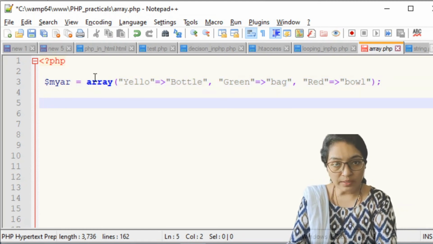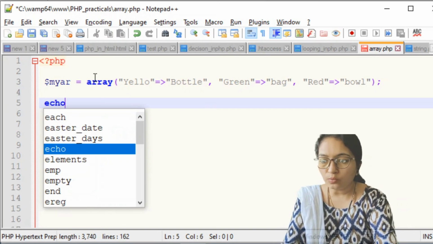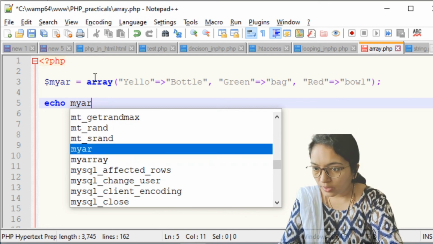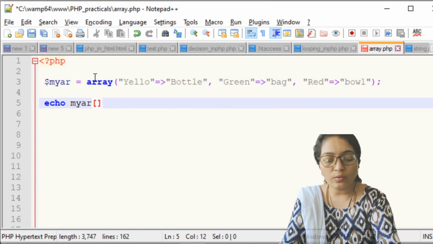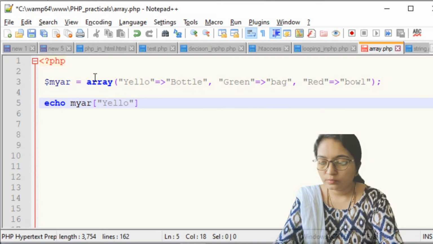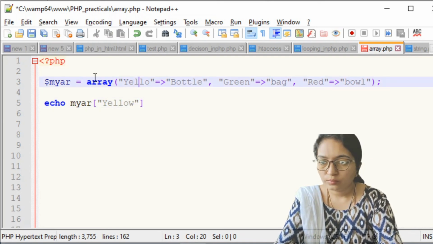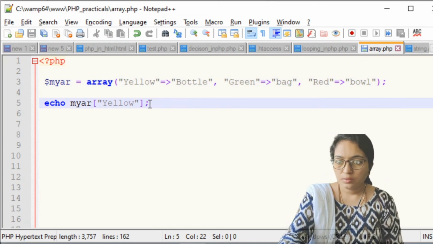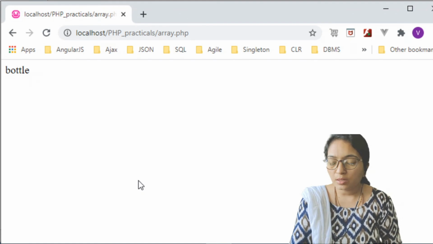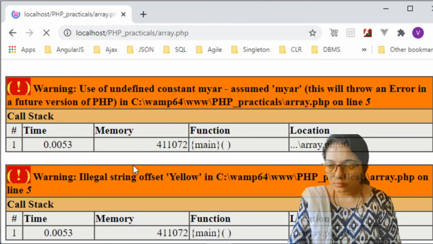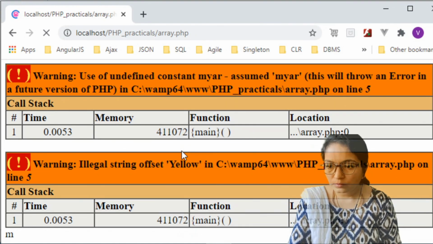Now to display the value, just print echo, your array name is what? My array, sorry, AR just written. Then in brackets you have to write your key. Here the key is yellow. Done. Now here just semicolon and save this and refresh this page. Just see.